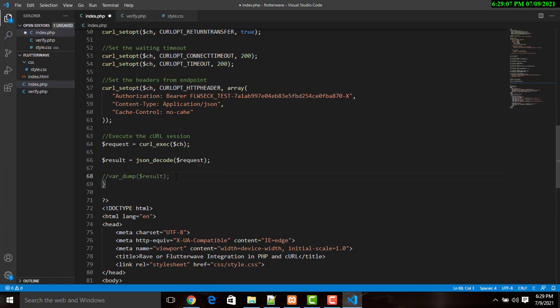Alright, so what we need right now is, instead of dumping this, we can go ahead and redirect to that particular link. And to redirect to that particular link is really very simple. What we're going to do is use the header redirect function. So I'm going to just say header, and this is going to be location,